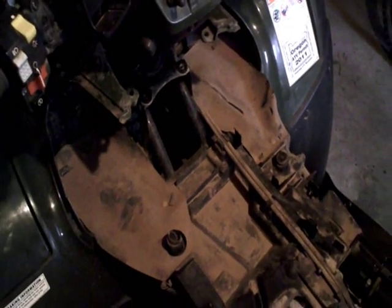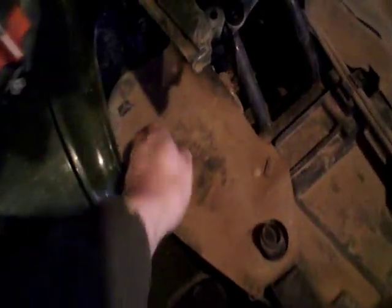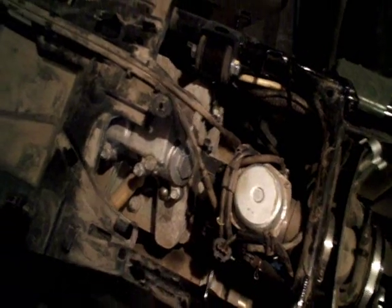Okay, here's what we have with the fuel tank removed. This heat shield thing has some rubber flaps that are just clipped into little slots there. Then it's got two pins that engage brackets in the frame. You can just squeeze those out of the way. And then we've got the throttle cable and the enricher cable running to the carburetor here. It's a good time to